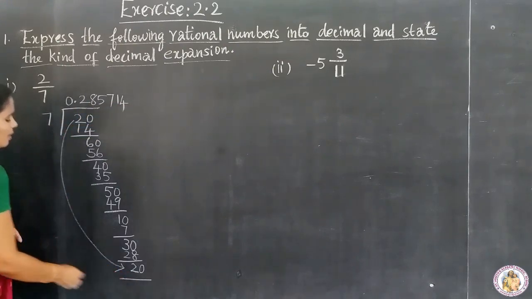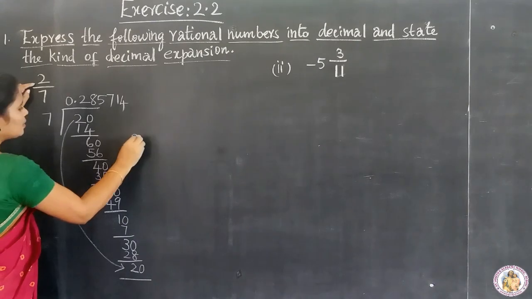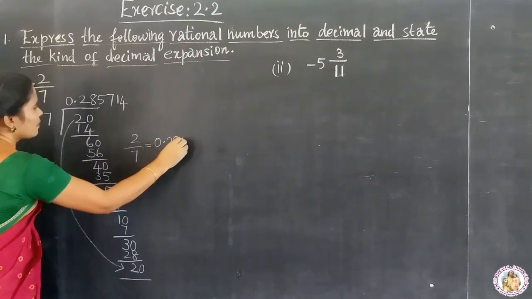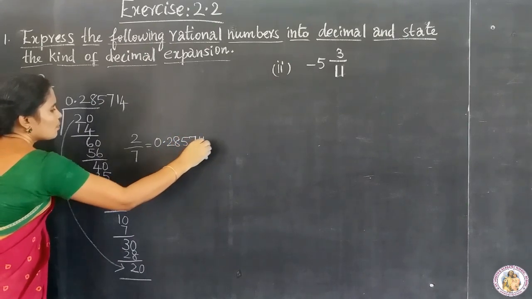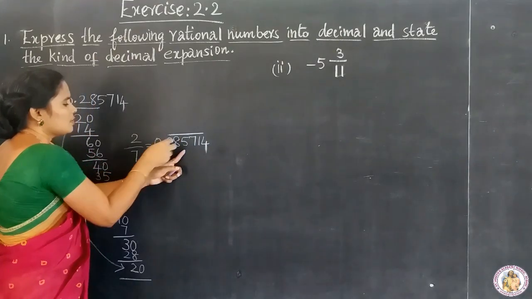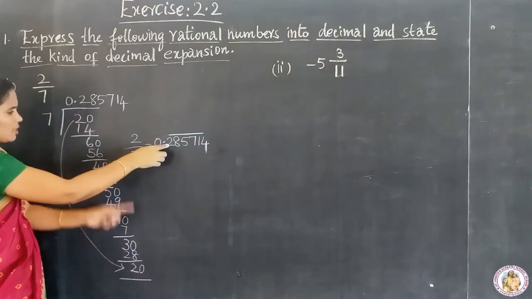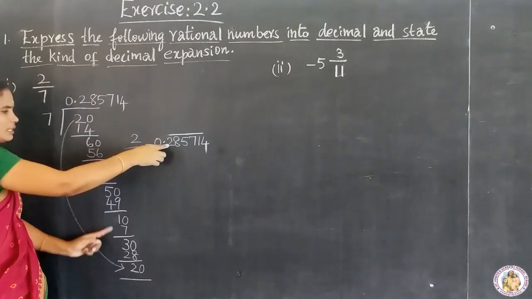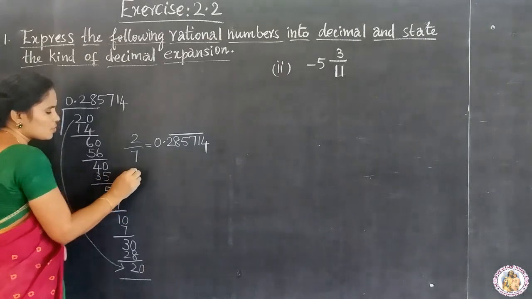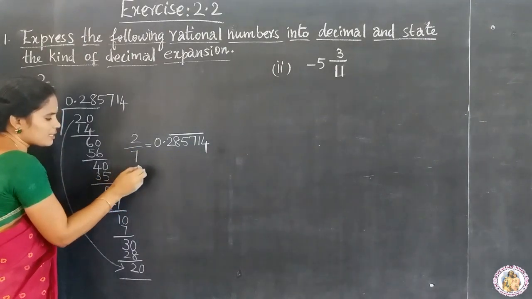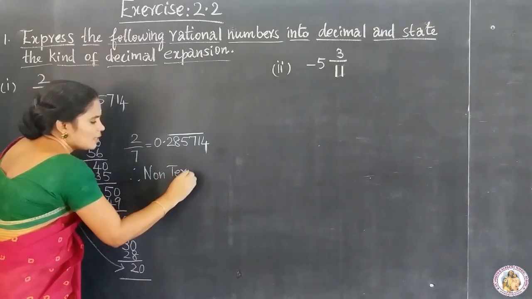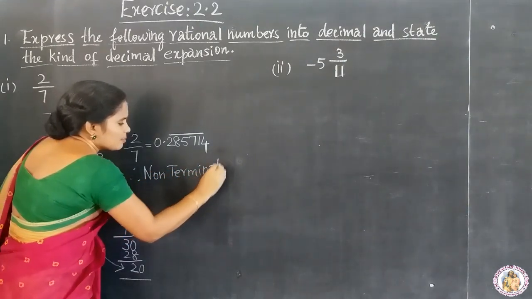So we can end up here and write 2 divided by 7 is equal to 0.285714. So all these numbers are repeated. If we continue with this, 7 2s are 14 and again we will be going through all these steps. So 0.285714. Therefore the given number 2 by 7 is a non-terminating and recurring decimal.